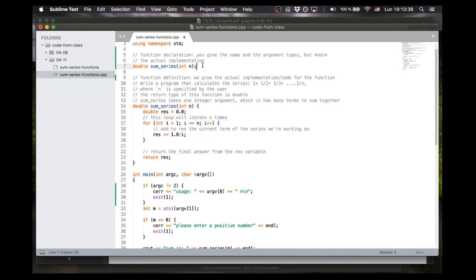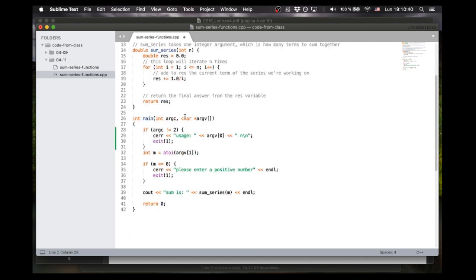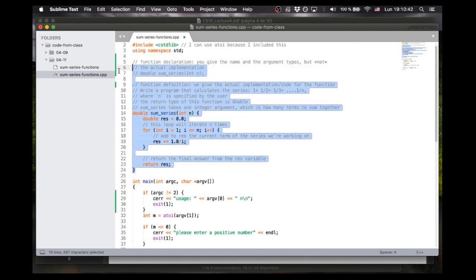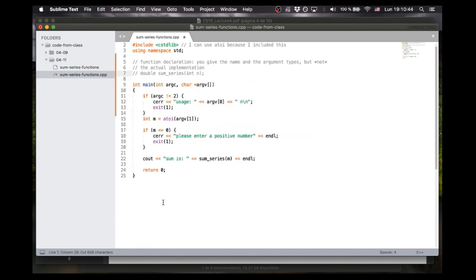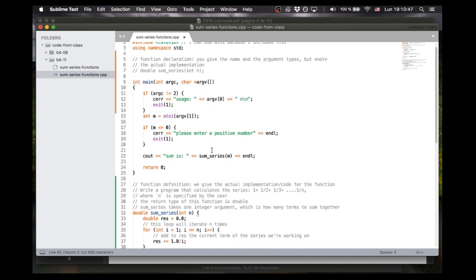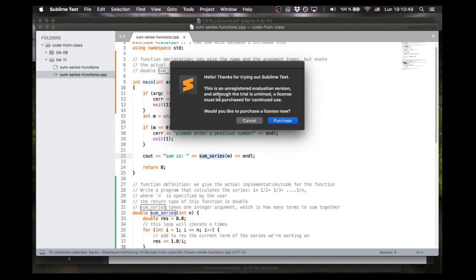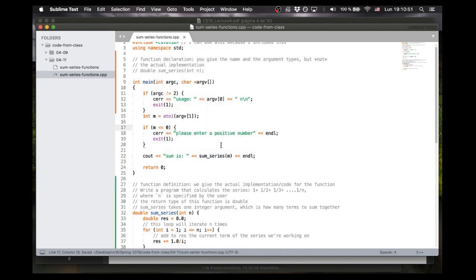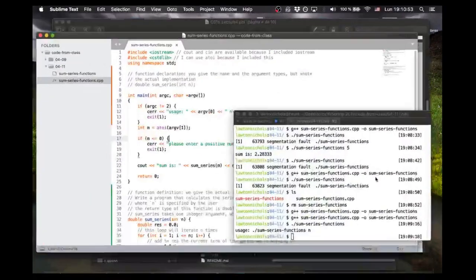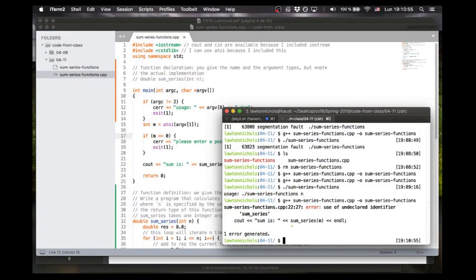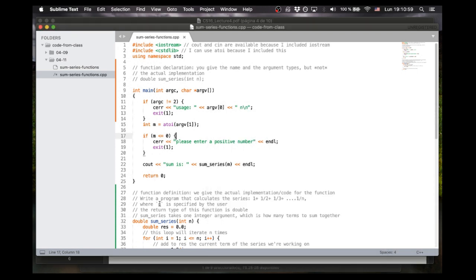So if I didn't have this declaration, and I put sum series below main, just the way that the compiler works, it's going to start looking for sum series. It wants it to be defined before it gets called for the first time. So this is going to give me a compiler error. When I try to compile this, it's going to say use of undeclared identifier, because it doesn't know about sum series, because sum series is defined way down here. But